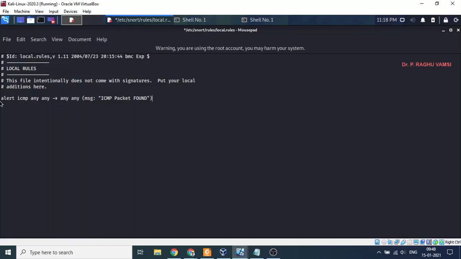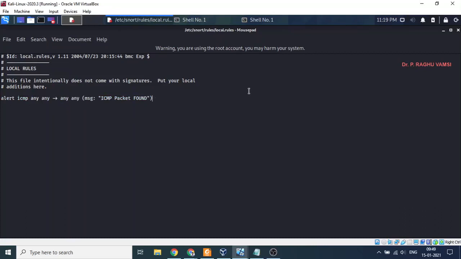So here the first part is said to be the rule header, and here it is said to be the rule options. So this is the rule header and the rule options. In rule options there are so many other parameters that you can use along with MSG. You may use the URI, you may use the content type, as we have seen in the last lecture. Instead of alert, you may also say drop, you may also place reject, this kind of thing you can mention.